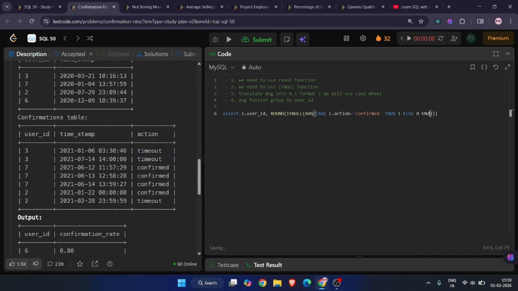This is the simple syntax of a case when we can use in any function, and then we will get the average answer. And see, if null, then we need to pass the second parameter as 0. If null, then we should return 0. And for the round, we should give a 2 because we need only 2 digits after the point. Okay, and then as the confirmation rate,